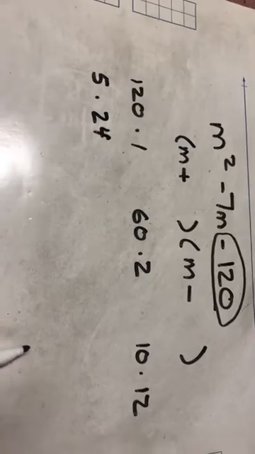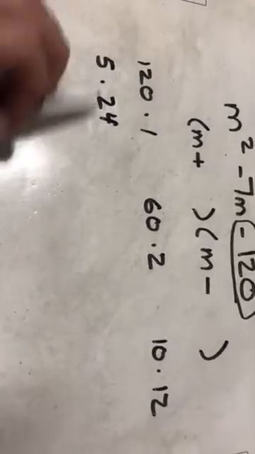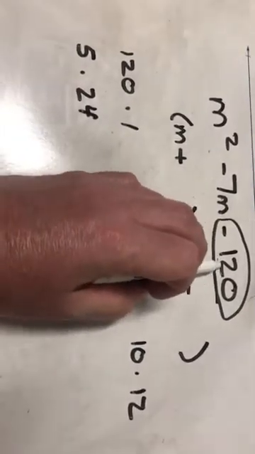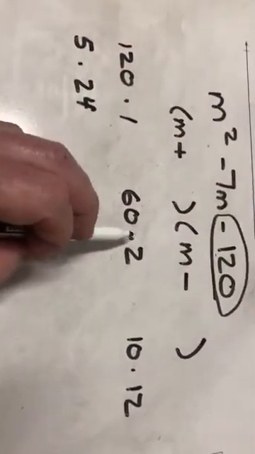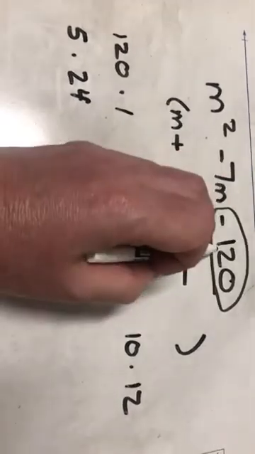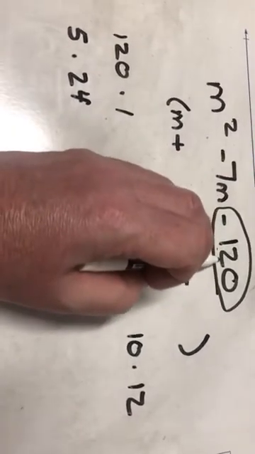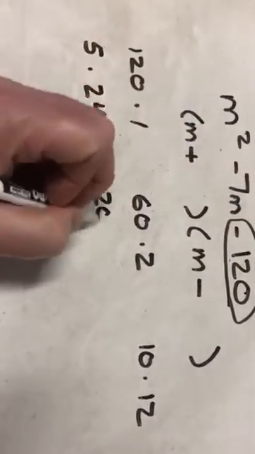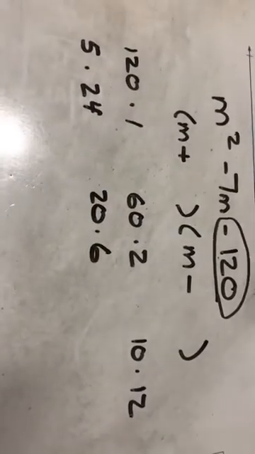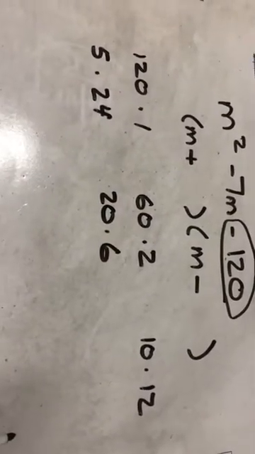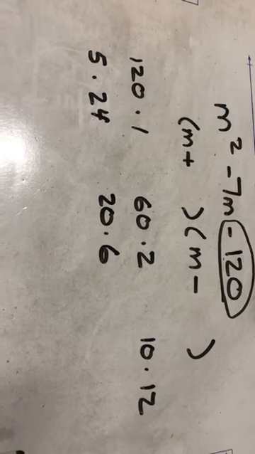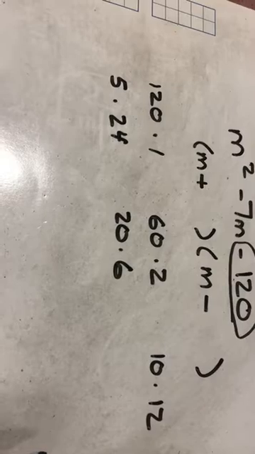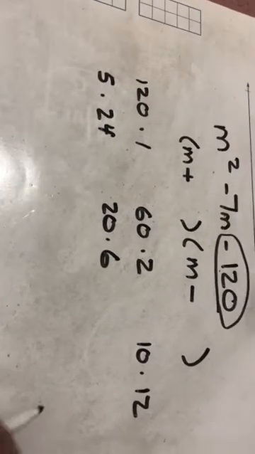So that's not really a difference of 7. I see that it equals 12. I know that 6 can go into 12. Okay? And so if 6 can go into 12, 6 can go into 120. So 120 divided by 6 is 20. So 20 times 6 equals 120. Still kind of trying to figure that out. Okay. So I know that